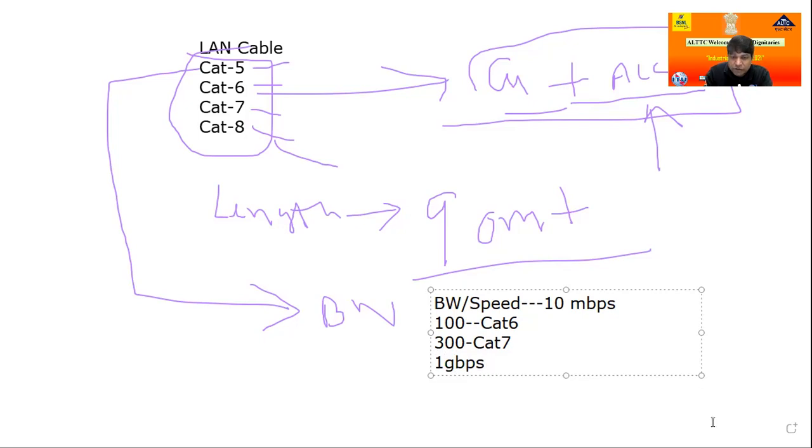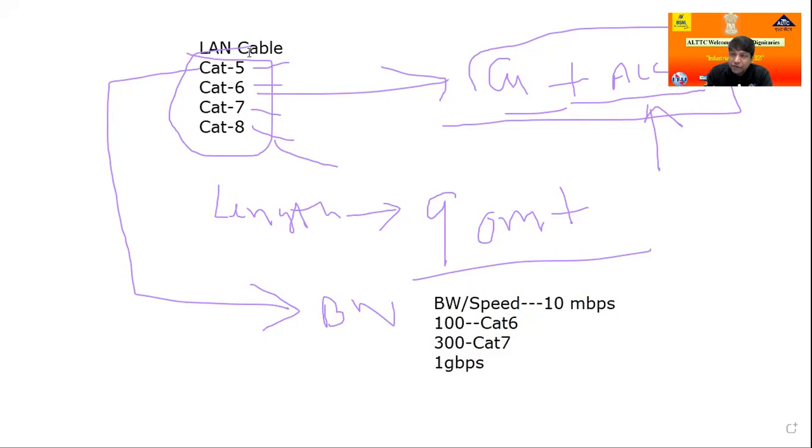So this depends on the cable; they look the same and their length is 90 meters, but due to the material, the bandwidth will be slightly different. Cat5 is poor material that only gives 10 Mbps. Cat6, in comparison to Cat5, is good material, with speed of 100 Mbps.